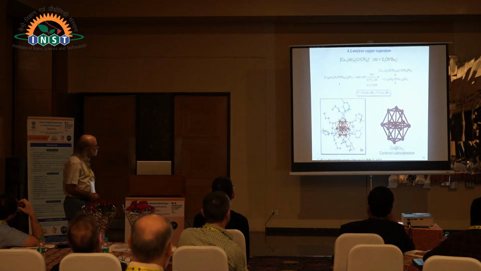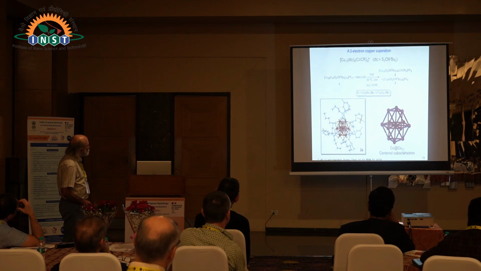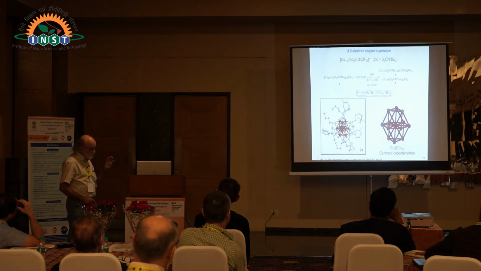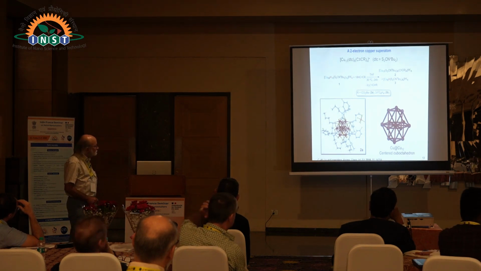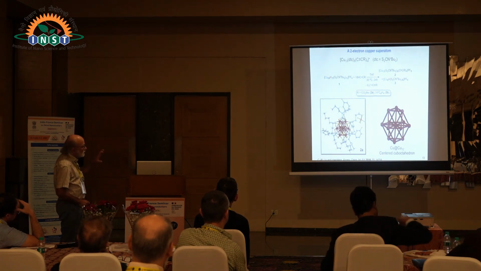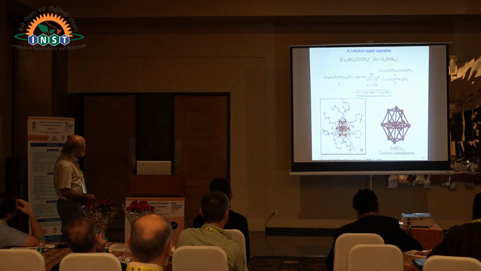I just would like to mention this copper system, which was made in the same group of Professor Liu. 13 copper atoms, which are making a centered cuboctahedron. The cuboctahedron is slightly less compact than the icosahedron, and it is likely induced by the nature of the dithiocarbamate ligands, which like to coordinate square faces. We have several square faces.